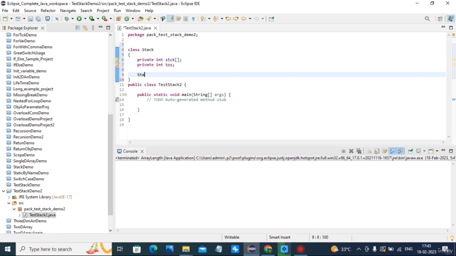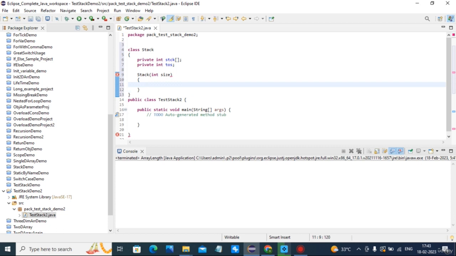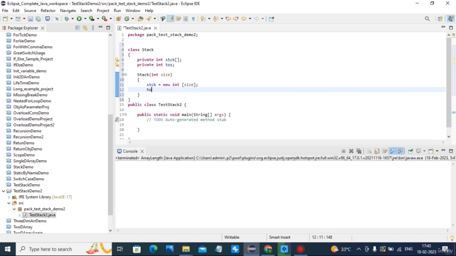Then stack size: stack is equal to new int of size, and top of stack is equal to -1.